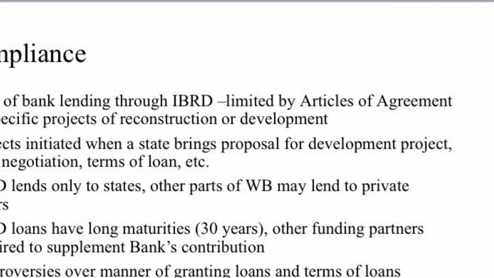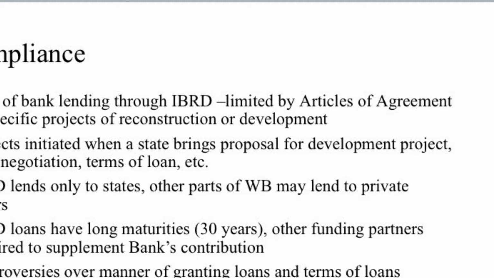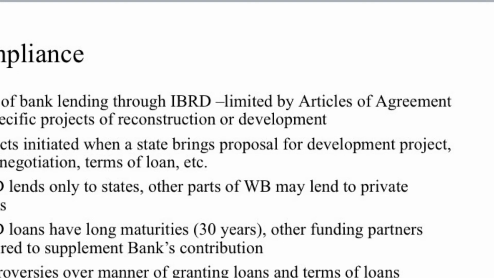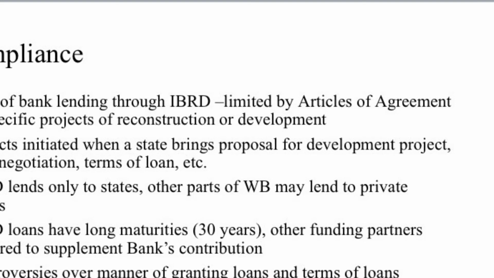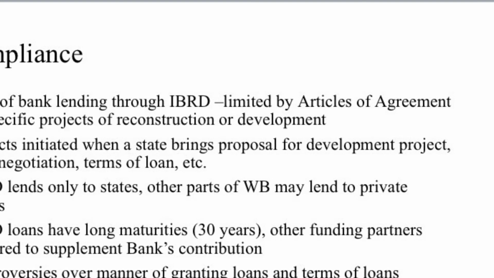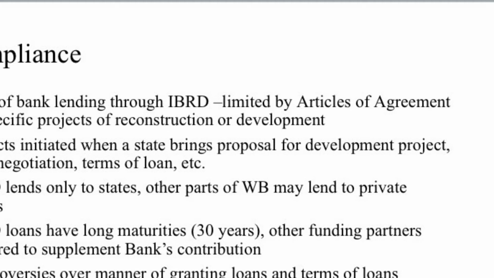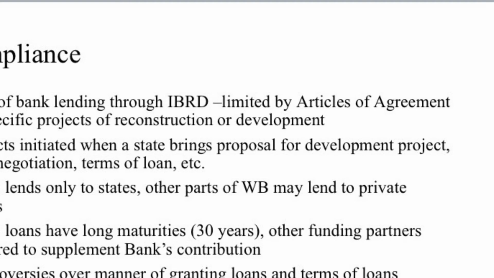The bank's political controversies arise both over the way it grants loans and over the terms of those loans. The bank has operated under a number of overarching concepts since 1947, and these define distinct periods in its history. These are usually the result of the president's worldview regarding how best to work toward the organization's goals. The period under Robert McNamara, from the late 1960s through the 1980s, is generally thought of as characterized by attention to meeting the basic needs of poor people, in contrast with the previous period where the bank favored very large construction projects with a more openly anti-communist agenda.